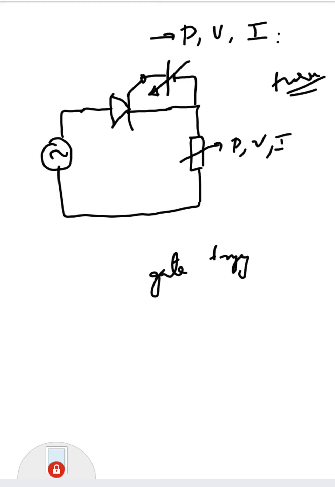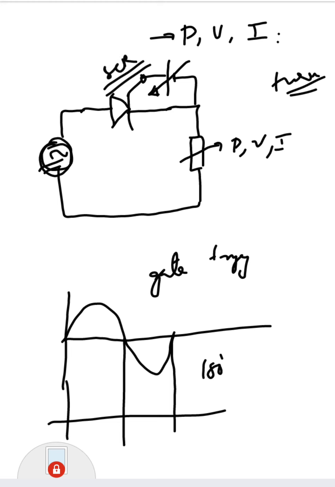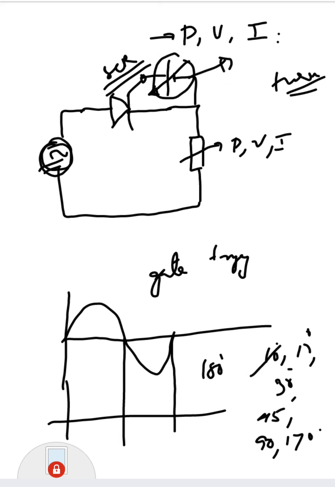Okay, that's the principle. When SCR will trigger, we can control the input voltage. For example, I am going to draw an input voltage for an entire 180-degree duration. Now the question is, I want to turn on this SCR at 10 degree, or I want to turn on at 11 degree, or 30, or 45, or 90, or 170, etc. Just by supplying a DC voltage here, you cannot achieve this precise turning on at desired degree.